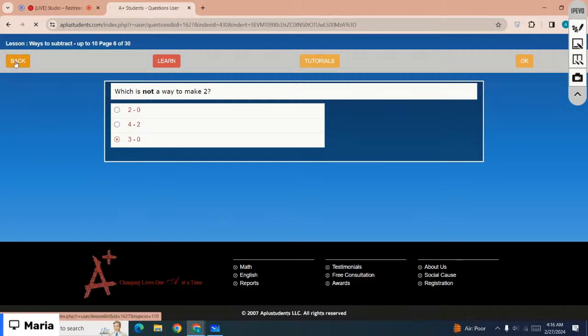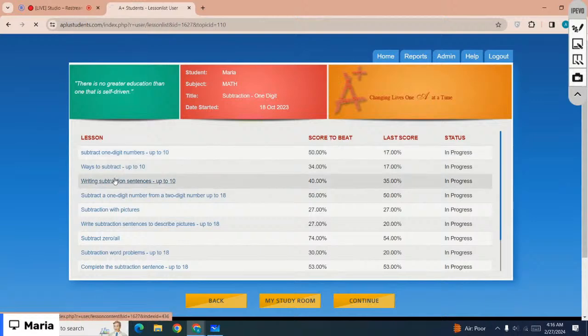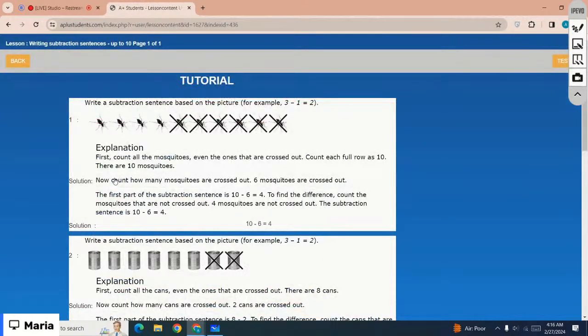Okay, you can complete the lesson by yourself later today. Let me just move on to the next lesson. And the next lesson is writing subtraction sentences up to 10. Okay, so basically you are given the